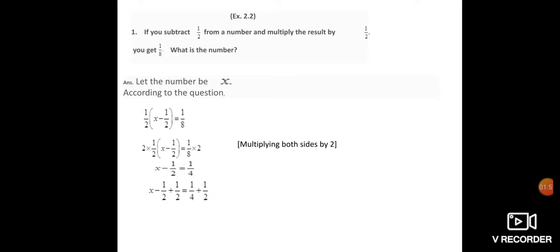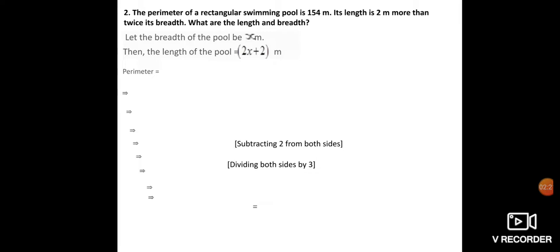Now for balancing the equation, I need to add half both sides. So I have added half both sides in this step. Now just see, half will get cut by half and on RHS we'll take LCM, which will become 1 plus 2 upon 4. So my x will come as 3 by 4. So my required number is 3 by 4. Hopefully it's clear. To make it more clear, let's do question number 2.